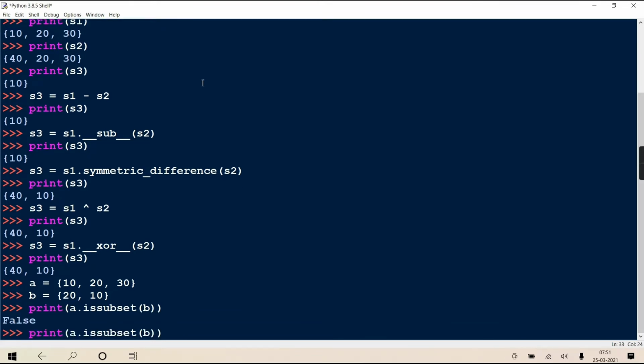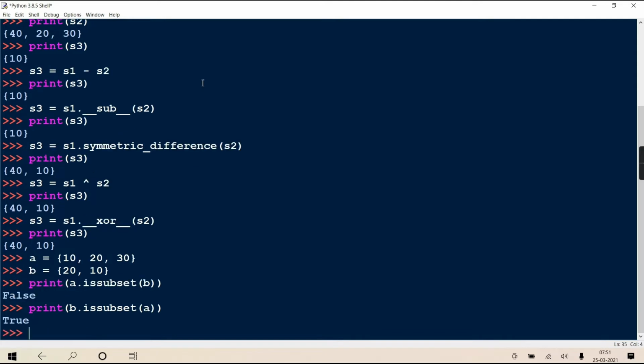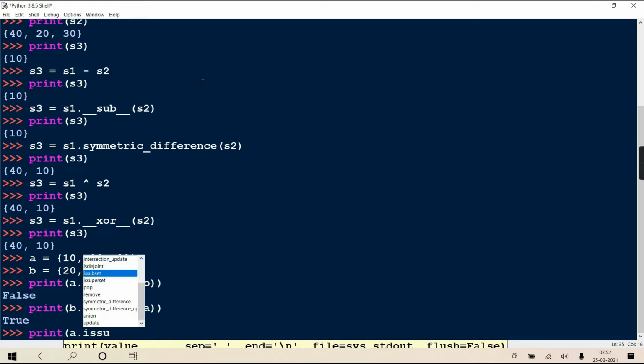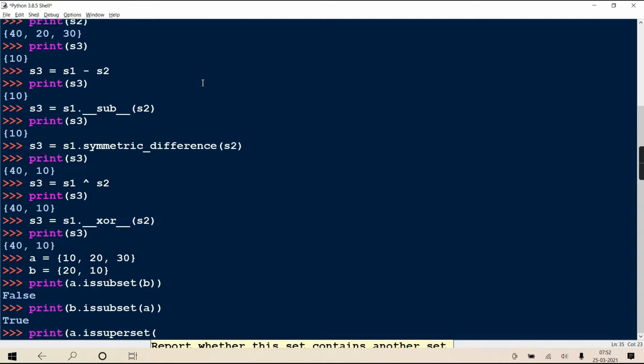But now if I change it to check whether B is a subset of A, yes, B is a subset of A, therefore true comes. In the same way you can check whether A is a superset of B. Yes, A is a superset of B, because every element of B is present in A.